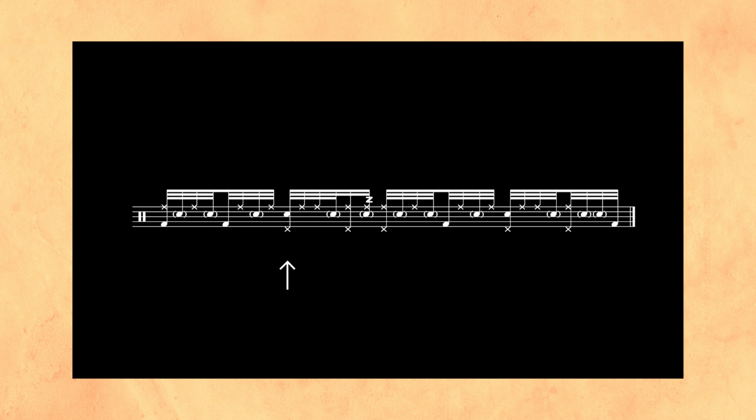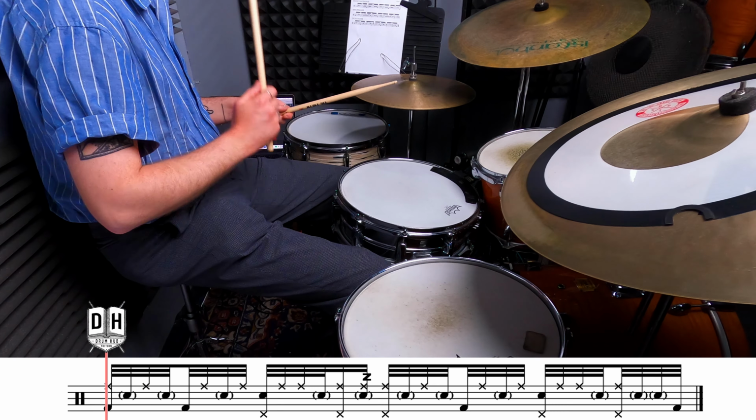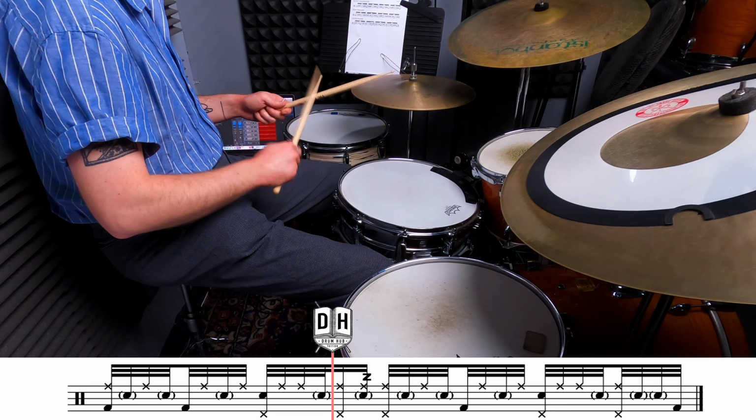which adds an extra element and sounds wicked. So our left foot is placed on the downbeat and the and of beat 2, the downbeat of 3, and then the downbeat and the and of beat 4. 1 e and a, 1 e and a, 2 e and a, 2 e and a, 3 and a, 3 and a, 4 e and a, 4 e and a. And when I'm playing it in the groove, I'm kind of thinking about playing 3 hi-hats